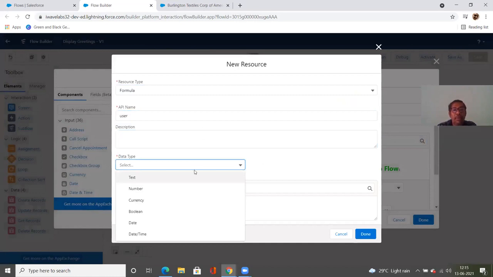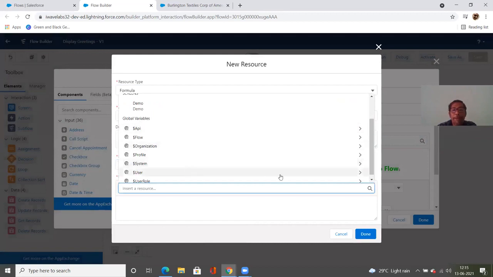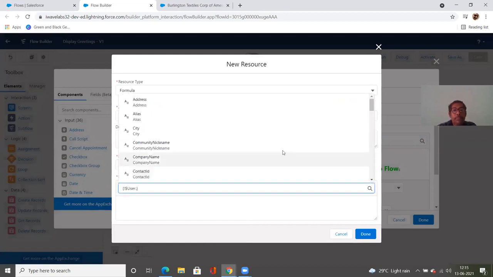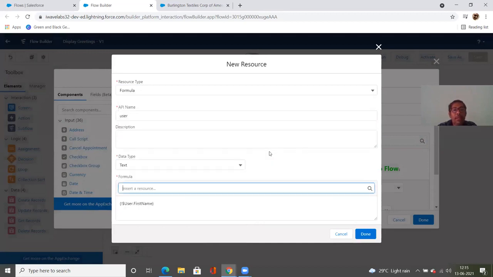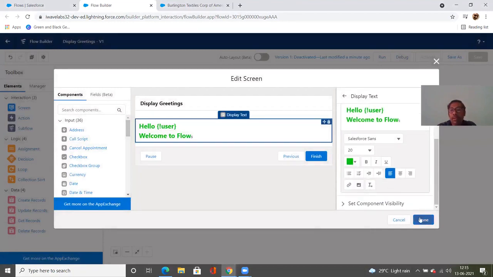Then select the data type, this will be text. And then the formula. What is the formula here? It is going to be user first name. Let me select user first name. Now click on done. See here, user first name will be added here. After adding, I'm going to click on the done button.